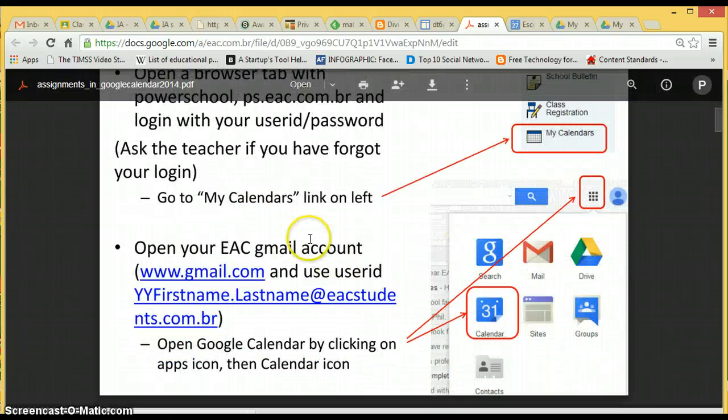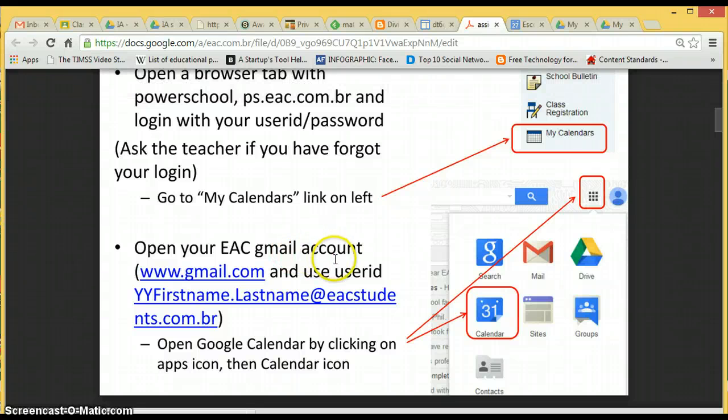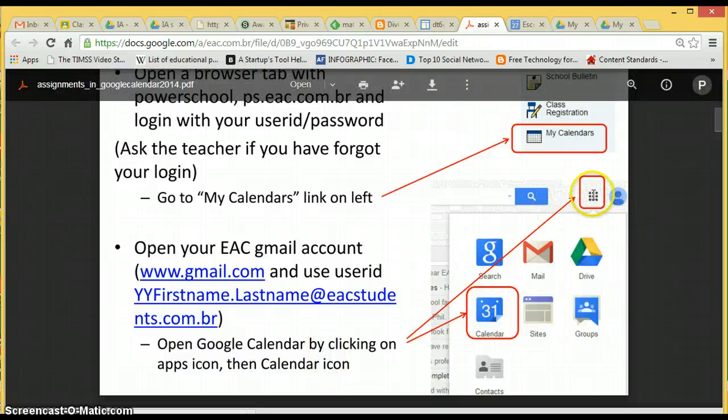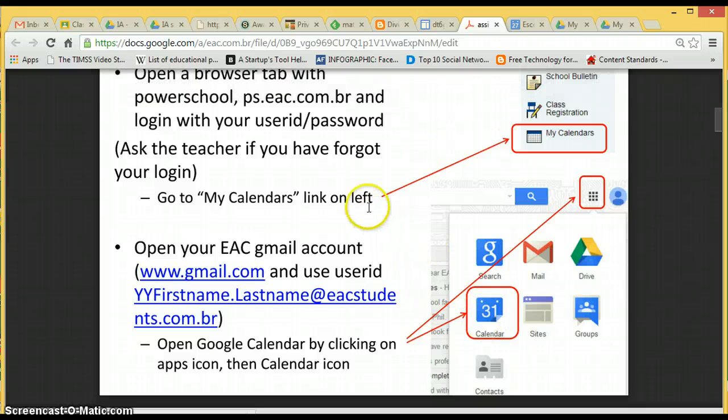Then you open your EAC Gmail account and use your user ID, and you open Google Calendar by clicking on the apps icon, which is this little keypad thing here, and then you click on Calendar. So let's do those two things. First thing we're going to do is go to PowerSchool,